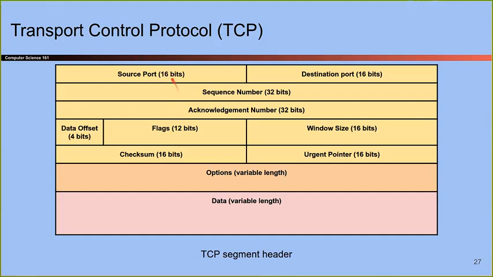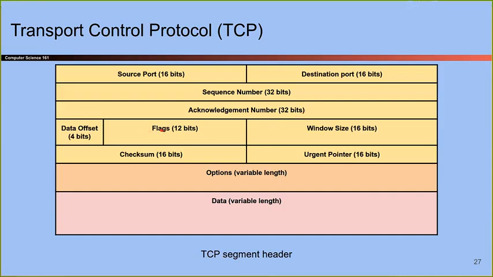So here's the packet. We've seen a lot of this already, right? We saw the source port. We saw the destination port. Those are for picking an application on the machine. We saw the sequence number, which is for labeling the bytes that are being sent. We saw the acknowledgement number, which is the label saying I have received all of your bytes up to here.